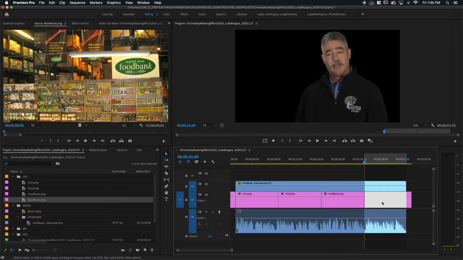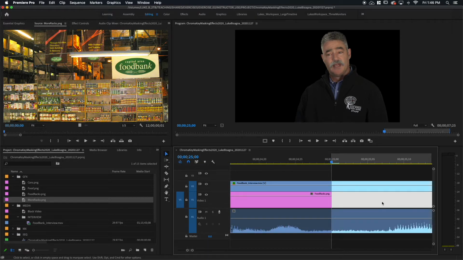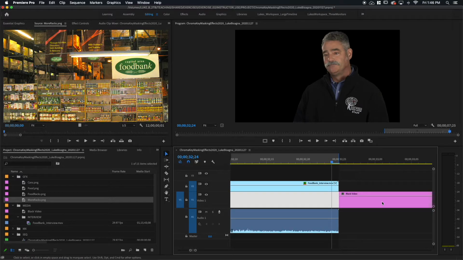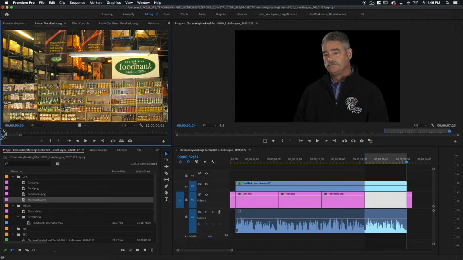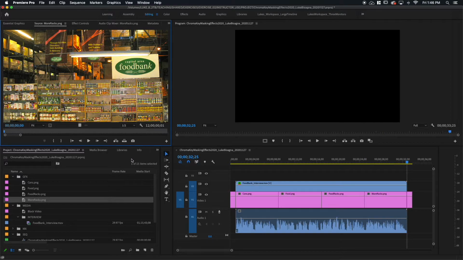Now, if I zoom in here, you can see the in's right at the very beginning of the gap. And if I go to my out, Shift O to go out, the out is perfectly lined up at the end. Yes, that is the best way to do this. All right, so / to zoom to full length. And let's edit down our more racks here. Mark an in. And period key, boom, perfectly filled.